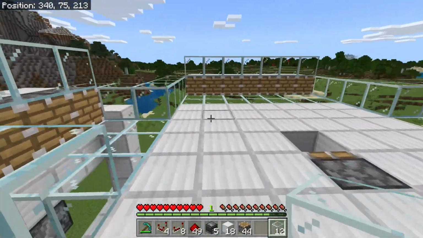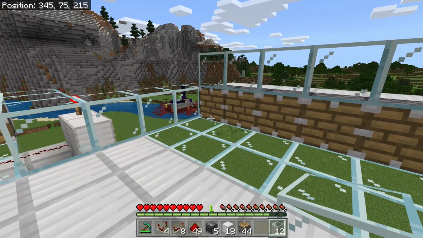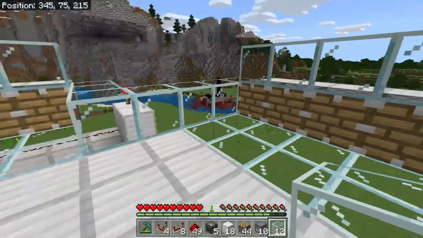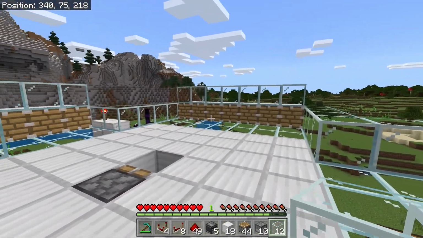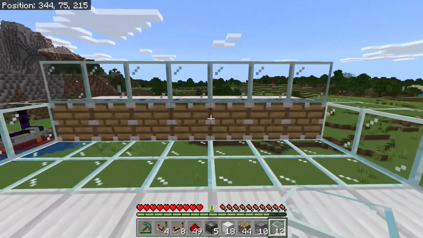And I just talked about flushing the platform. So we are going to have to flush the platform. I'm going to use dispensers with water buckets inside to do that. And we need to arrange them. So again, we're flushing down into there. So we're going to have to be along this side here and this side here. So I'm going to go to the middle,